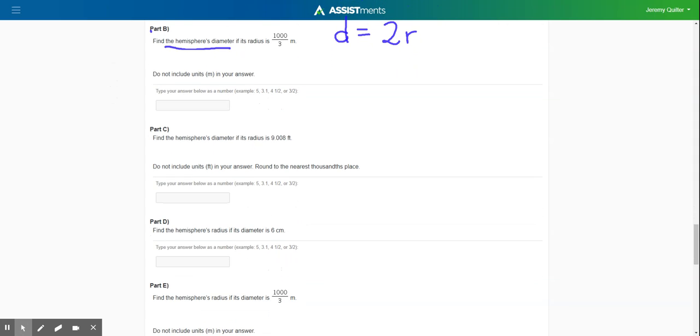Part C, I want to find the hemisphere's diameter if the radius is given as 9 8/1000. Think about it again. Hemisphere's radius,